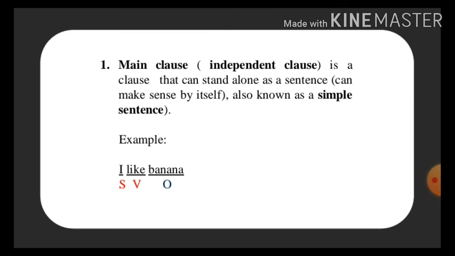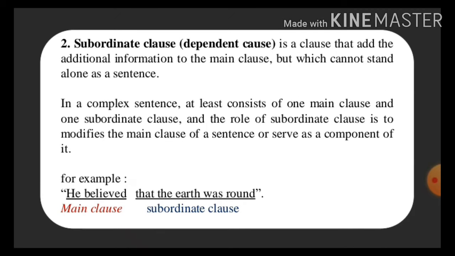Okay, for the example, I like banana. I as a subject, and then like as a verb, and banana as an object. This is the example of main clause. It consists of subject and predicate or verb. Okay. The next type is subordinate clause, or it's also known as a dependent clause. Subordinate clause is a clause that adds additional information to the main clause, but which cannot stand alone as a